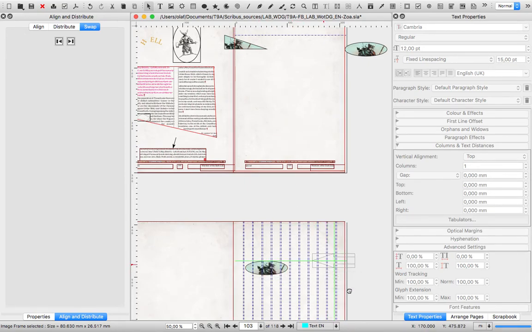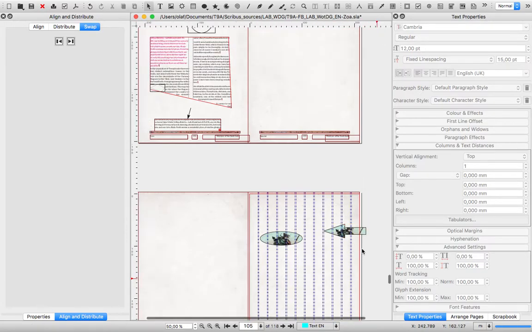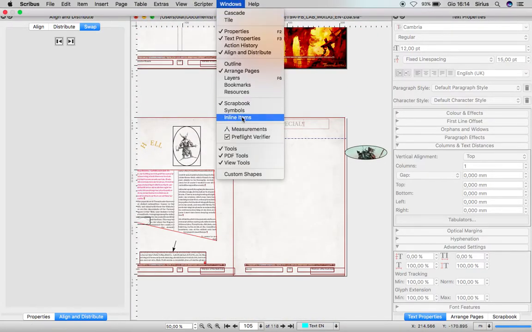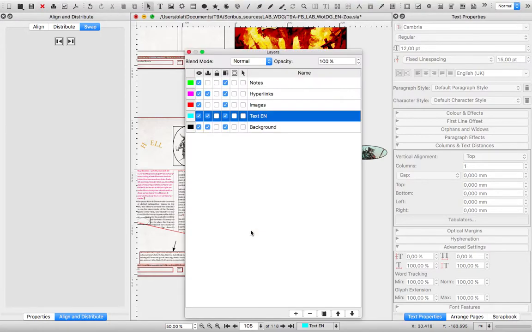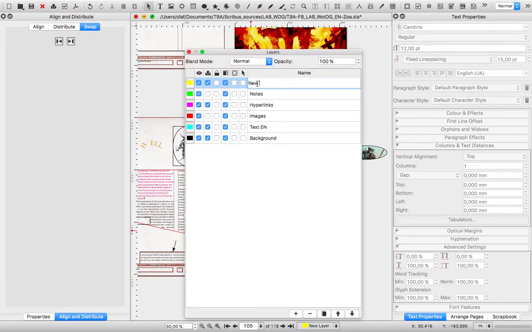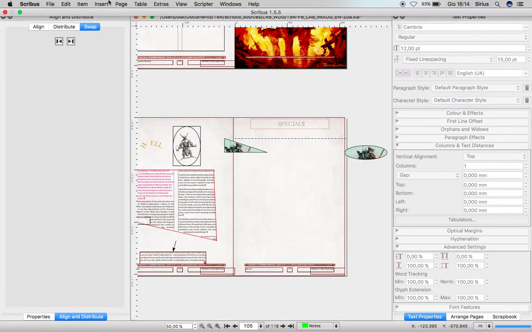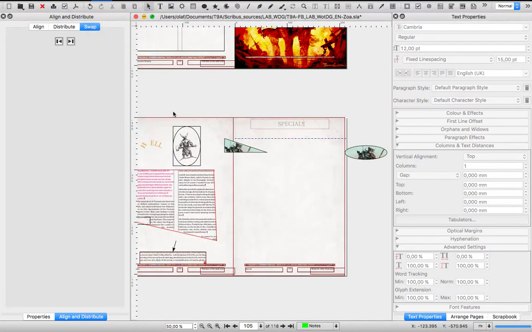If you need to use the same tool over and over, and you want to inhibit Scribus from switching back to the Item Selection tool each time, check Insert, Sticky Tools. If you need to add a page, go to Insert. Choose how many pages you want to insert and where you want them to be from the drop-down list.